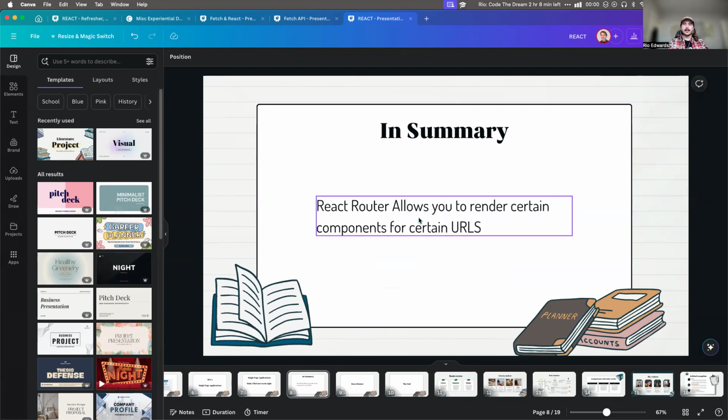So you decide which components in your React app are going to load associated with a specific URL or a specific route,